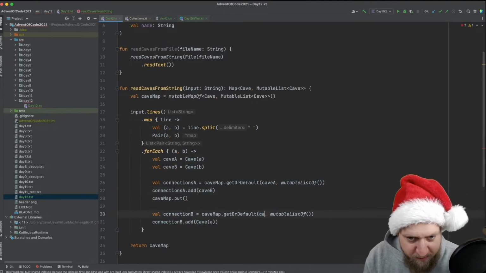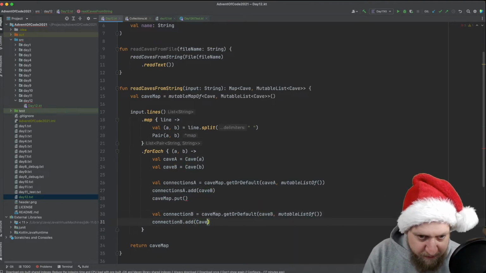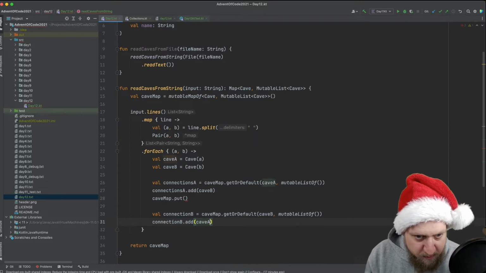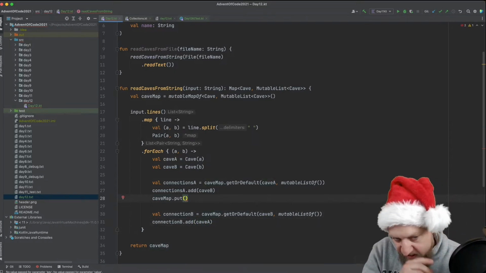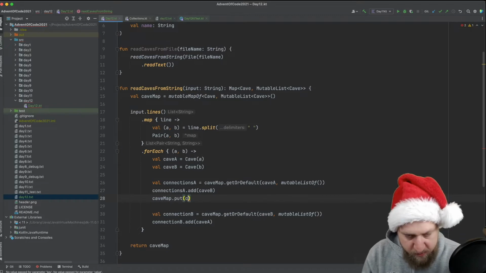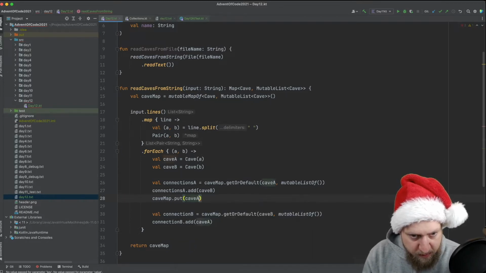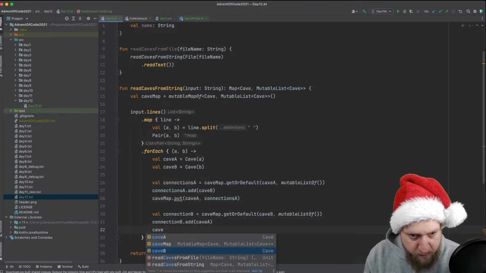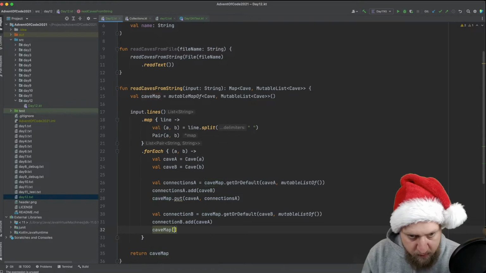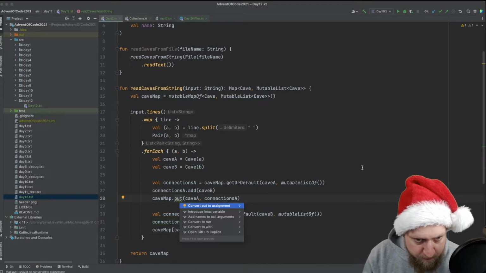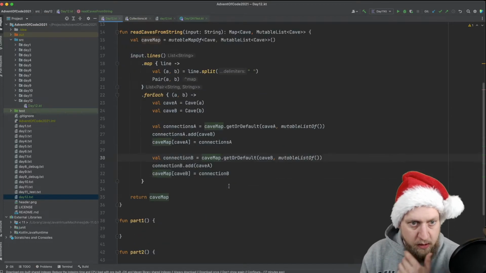Maybe part 2 will be easier if we have a cave object and need to remember stuff in it or whatever. So we put at position cave A the connections of A, and at cave map cave B we put the connections of cave B,